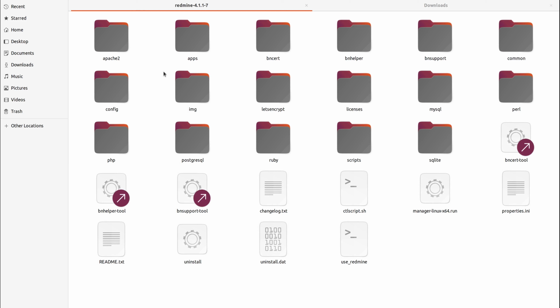In this video demonstration I'm going to show you how to install the People plugin on a Bitnami stack that is installed on a Linux operating system. So the very first thing is that you have to open your Bitnami stack, and it is done via the manager Linux run file. So you have to just double click on it,